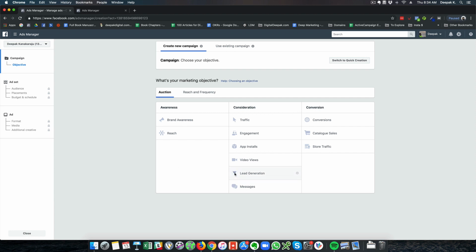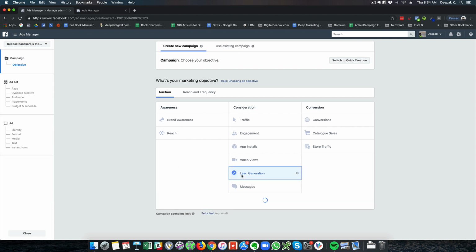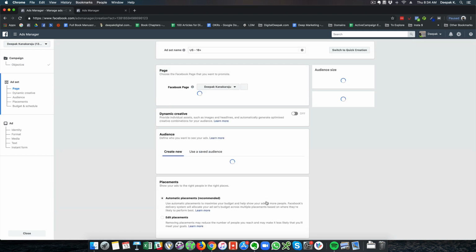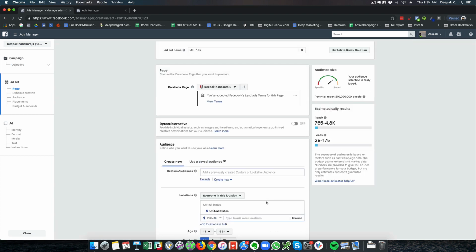So here you need to select lead generation as the option, and you need to go ahead and give a name for the campaign. So let me call it LDM leads. And to make sure I differentiate, it is not leads being generated from a landing page. This is lead ads itself. So Facebook will be collecting the name and email ID on a form, and Facebook will be giving those details to us.